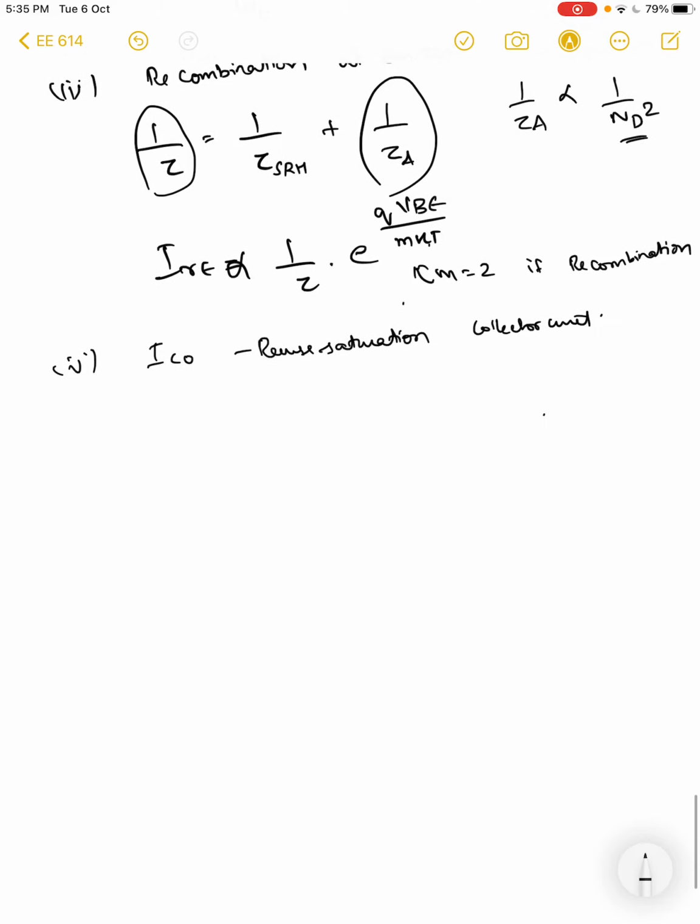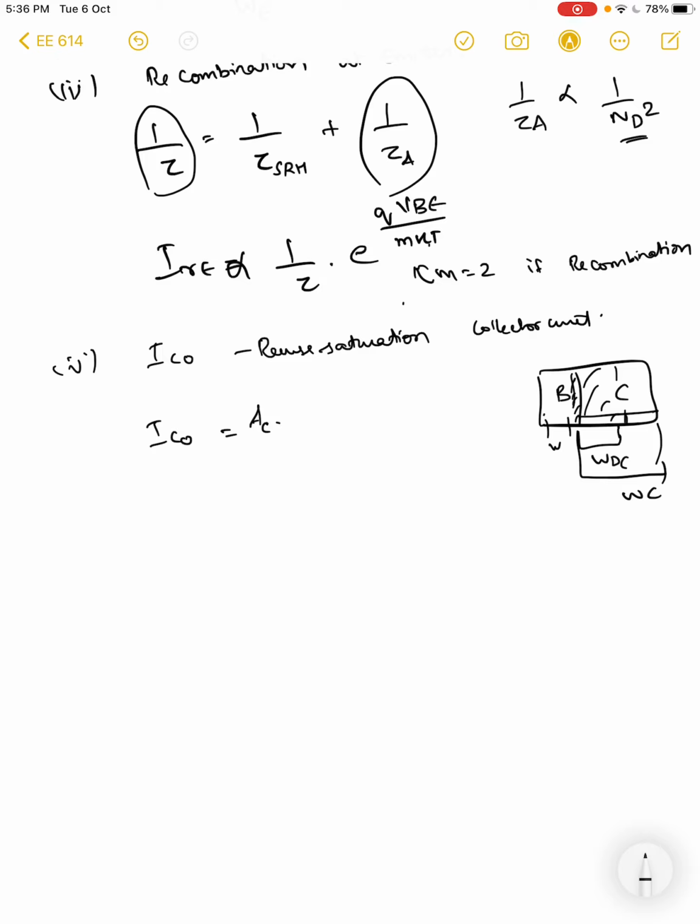Okay. So IC naught is once again a simple base collector junction, right? And we have the collector very mildly doped, and the depletion width, we call this WDC and this WC, and this W, right? The width in the base is very small in comparison to the width in the collector region, right? So the reverse saturation current can be written as